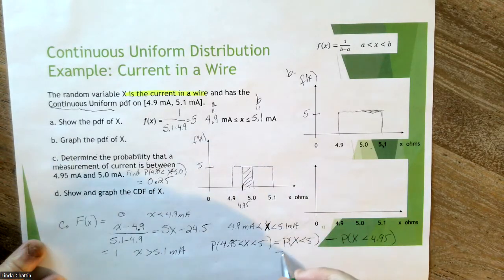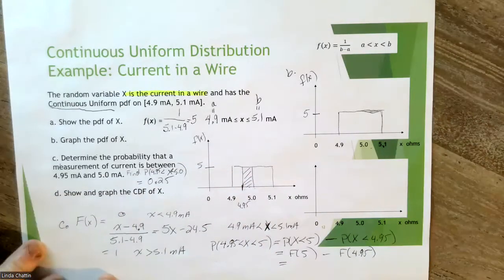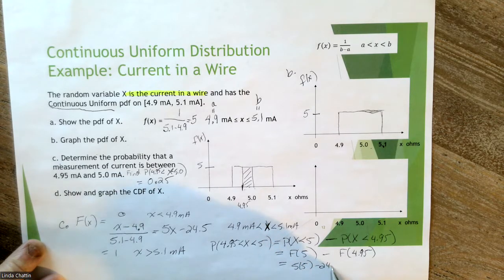And each one of those is just the CDF here. So I could say this is just capital F of 5 minus capital F of 4.95. And then I can plug and chug into that equation there. So I can say, okay, this is 5 times 5 minus 24.5 minus 5 times 4.95 minus 24.5, and that will end up being